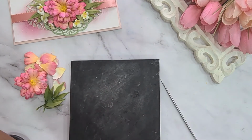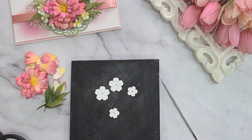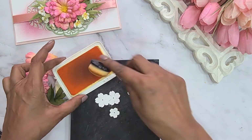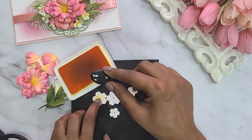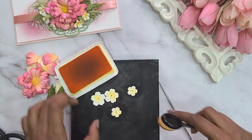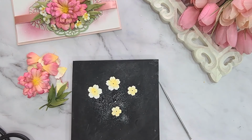So I have already made a lot of leaves. Now we will make some filler flowers. These filler flowers are from one of the die sets by Amazing Paper Grace. You can take any filler flower of your choice. Basically, the flower size should be very small. Here I'm applying ink on the front of the flowers with the help of Archival ink sunflower, spritzing them with